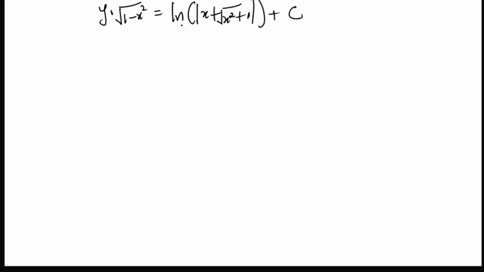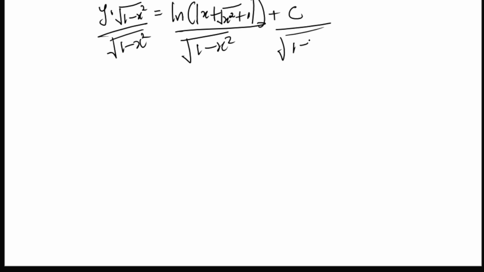If you arrive at this, your interest is to get what y is. To get y, you are simply dividing both sides of your equation by the square root of 1 minus x squared. So we are dividing what we have here by the square root of 1 minus x squared, and we are dividing here by the square root of 1 minus x squared, such that you will now have y equal to ln of the absolute value of x plus the square root of x squared plus 1,